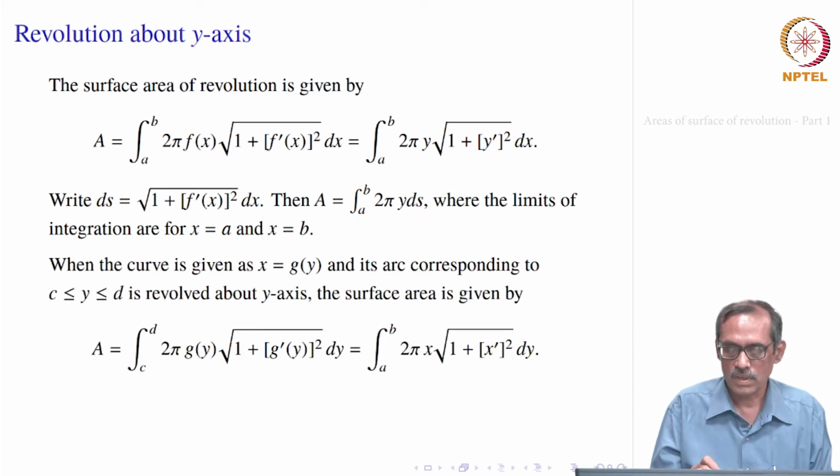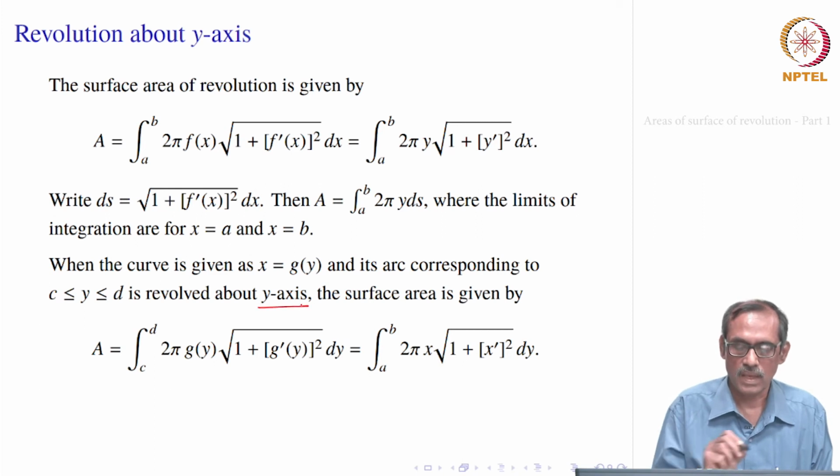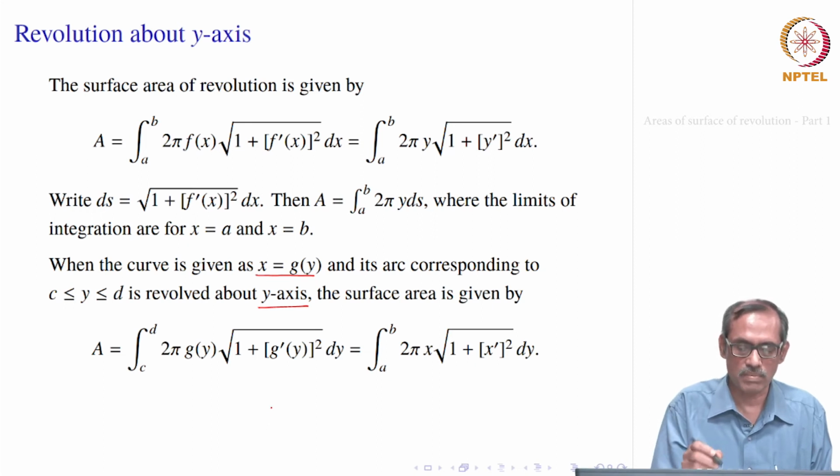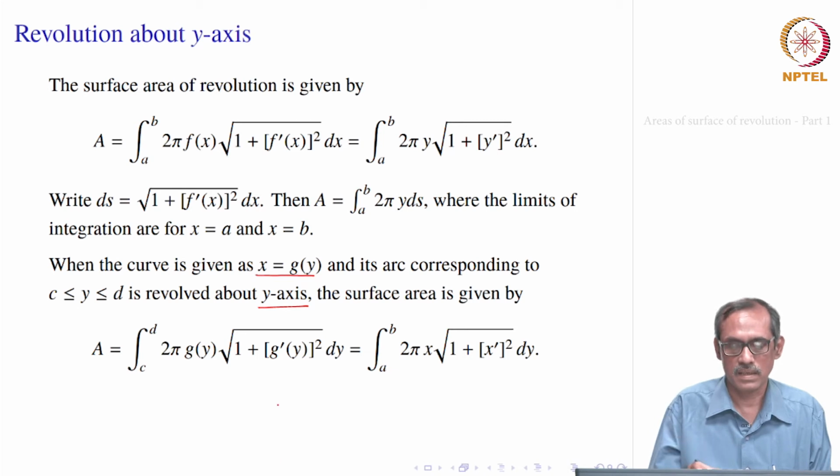Now, suppose instead of x axis, the same curve is revolved about y axis. So, in that case, we express the function as x as a function of y, and say y varies from c to d. So, the same curve is expressed as x equal to g of y, where y varies from c to d. Again we assume that this g of y is greater than or equal to 0, so that the whole curve is in first quadrant. If you look at it, x direction is greater than or equal to 0, in y also it is greater than or equal to 0.